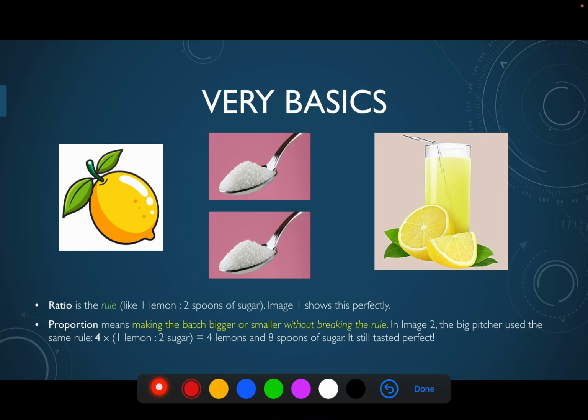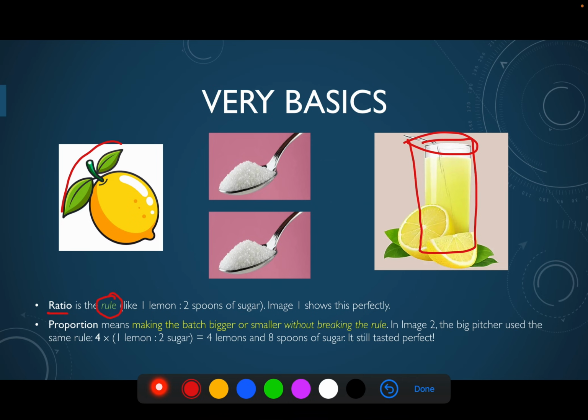Actually, what is this ratio and what is this proportion? Many people study and practice, but they don't know the concept. Actually, ratio is a rule. It is a rule. For example, if you want to make a glass of lemon juice,